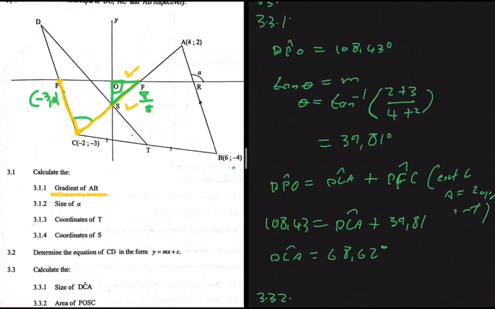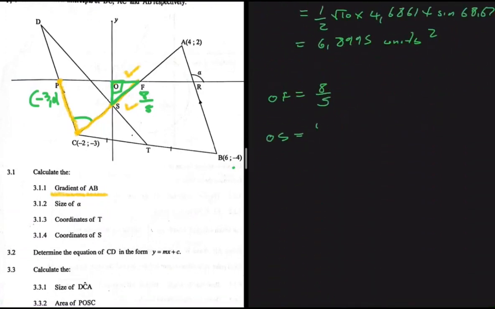So that will be 4 divided by 3, right? So OS is equal to 4 divided by 3. So I can say that the area of triangle OSF will be equal to a half multiplied by 8 divided by 5 multiplied by 4 divided by 3 multiplied by sine of 90, which is just 1, right? So we just have a half multiplied by 8 divided by 5 multiplied by 4 divided by 3, which is equal to